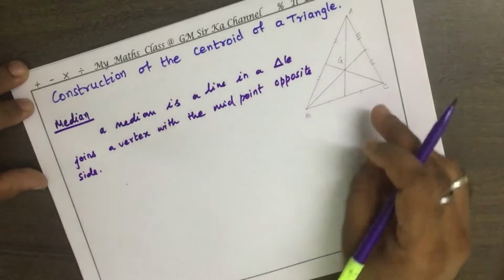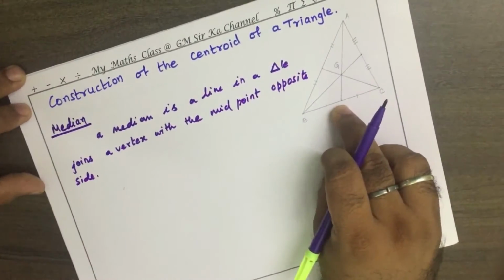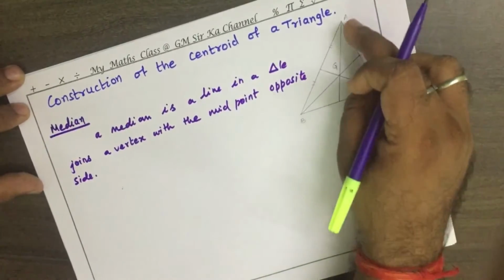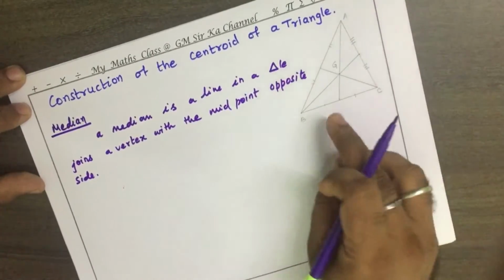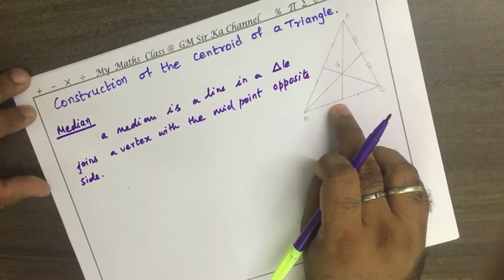So we have understood that median is a line which joins the one vertex and the opposite midpoint of